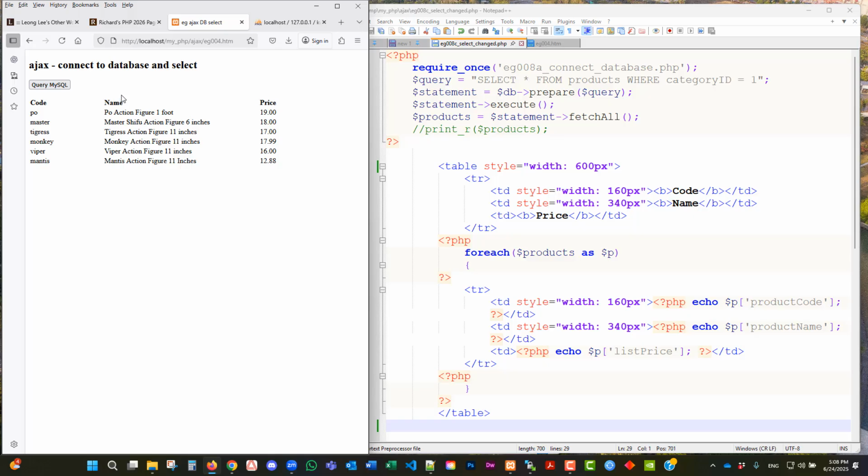But if you want to search for something, for example, search by product code, you want the user to key in something. All right, you don't just do a query of everything. So you have to get a piece of information or some pieces of information from the user and search the rest of the stuff. Okay. So if that's the case, I cannot just do this. I'm going to